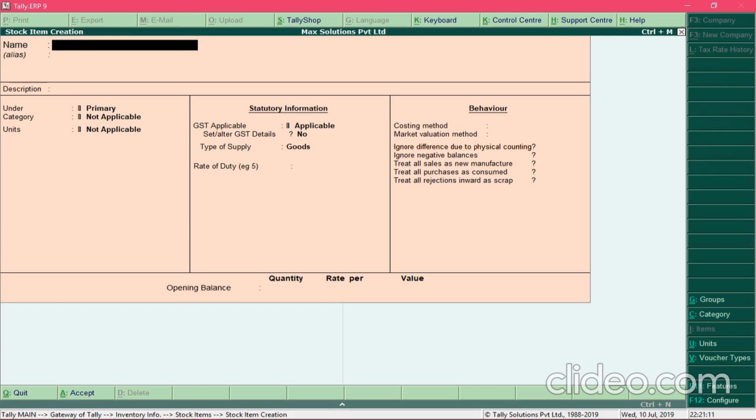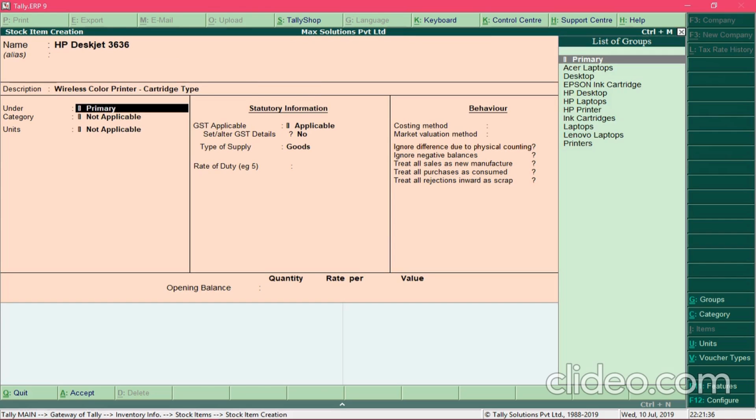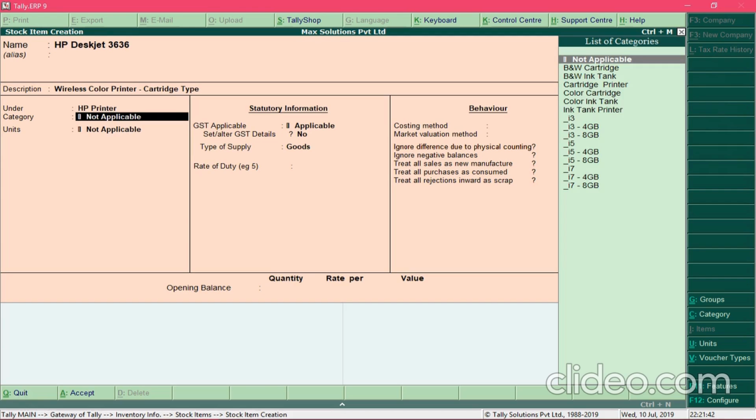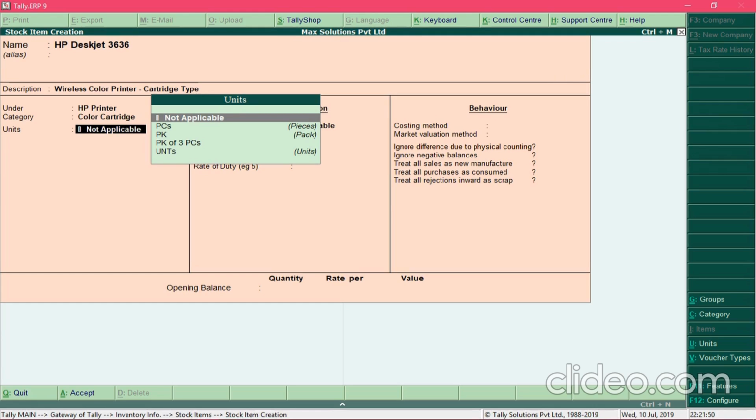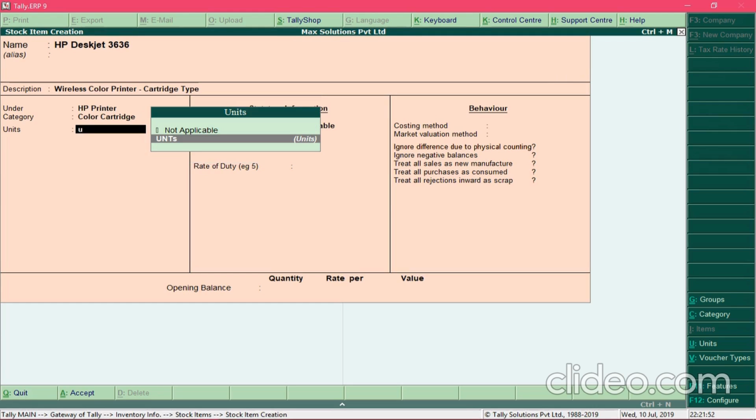Now let me create a stock item for a printer. So it is of HP brand. And its group would be HP printer, and its category would be a color cartridge printer, and I'm going to sell it in units.